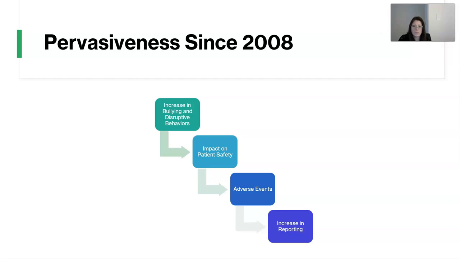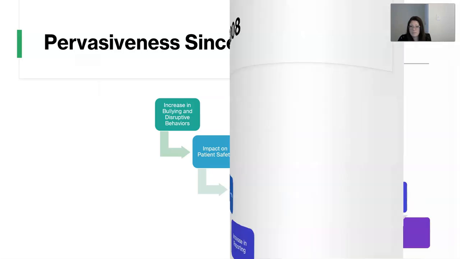Another study correlated with the findings of the Joint Commission study, which indicated that there was a rise in incident reporting related to bullying acts. Widely reported in the literature was the impact that disruptive behavior and bullying had on patient safety. Back to that research performed in 2008, which revealed critical insights into the need for greater attention to the relationship between disruptive behavior and adverse patient safety events.